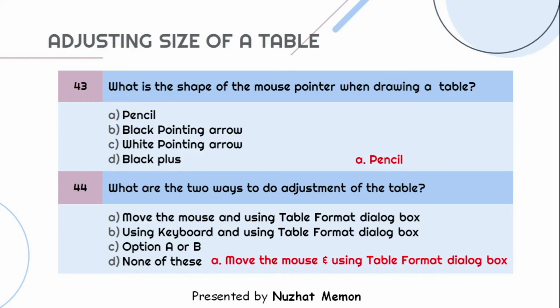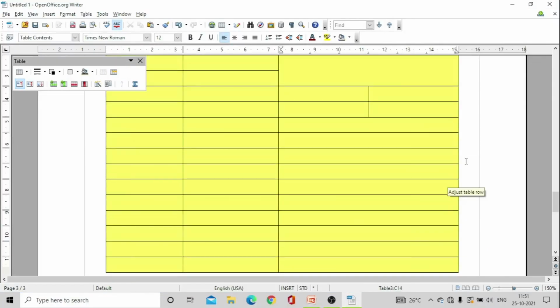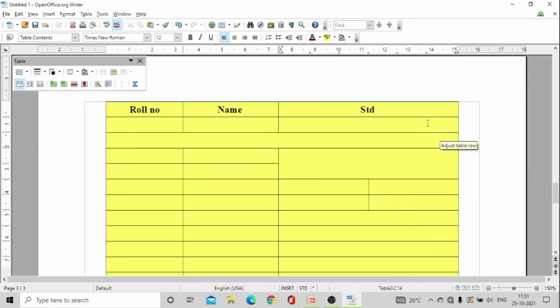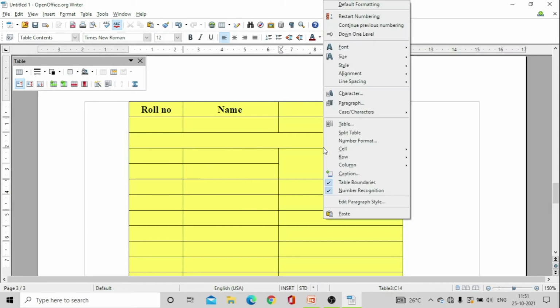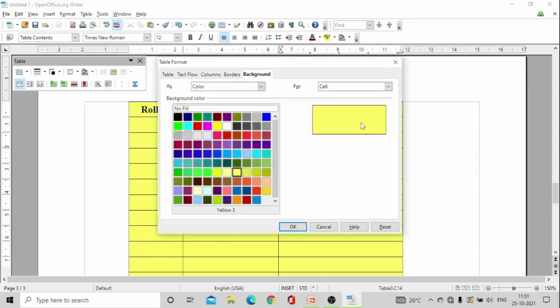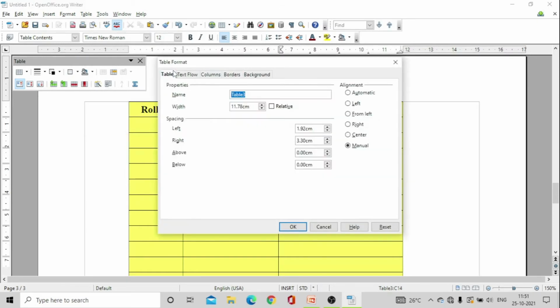How you can do this? Don't worry, we will see this here. First thing was using the mouse, you can go for it. So by mouse I have shown you, that is a double arrow sign comes. You can adjust it as per your needs. Or there is another thing, that is the table format dialog box. Click anywhere here and you will have a table format dialog box and you can choose the table here. And here there is an option of spacing also, so change the spacing also.